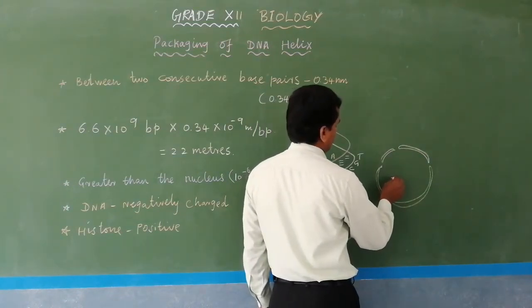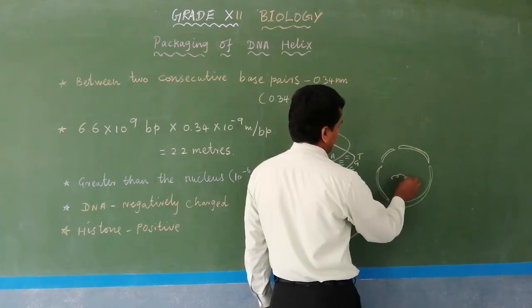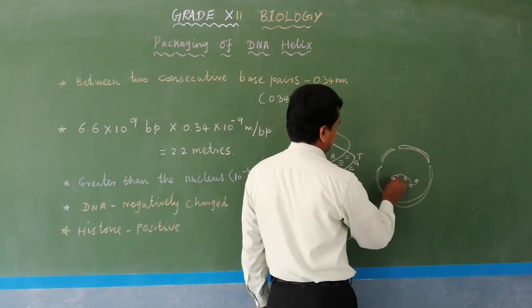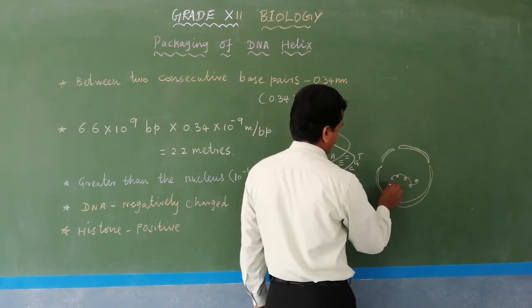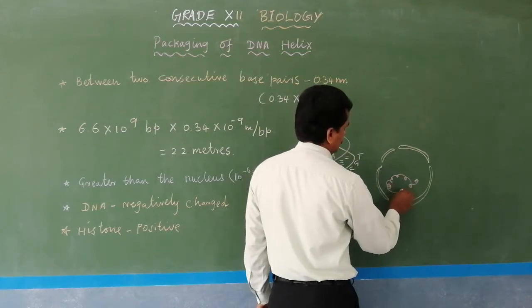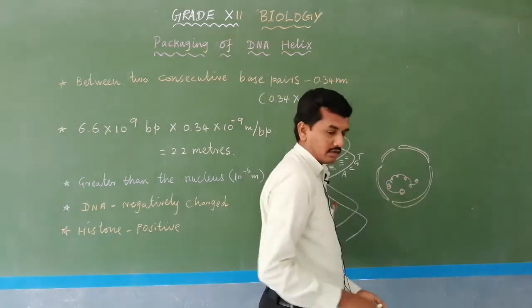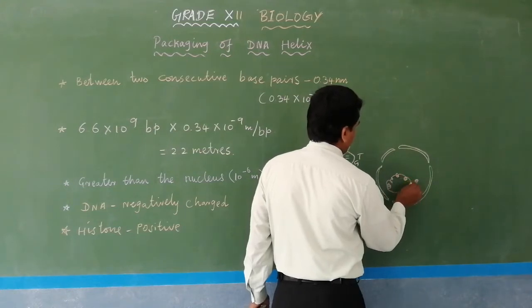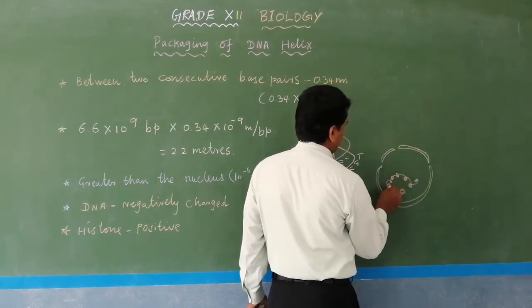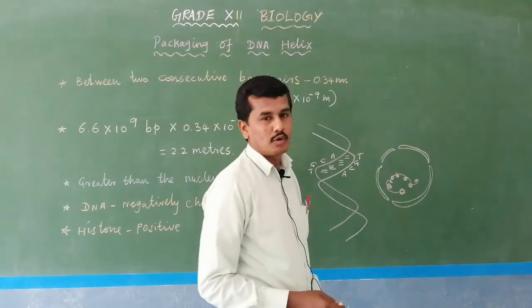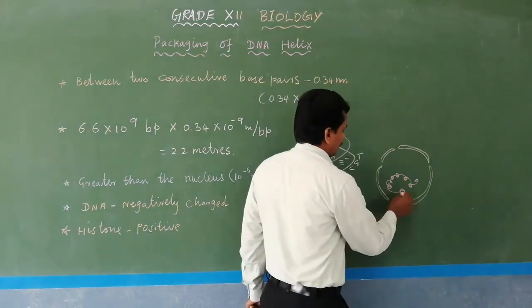In the chromatin reticulum, the DNA has a beads-on-strings like structure. Beads on strings means a small round structure known as a bead, and this bead is made up of protein, that is histone protein, and around the bead